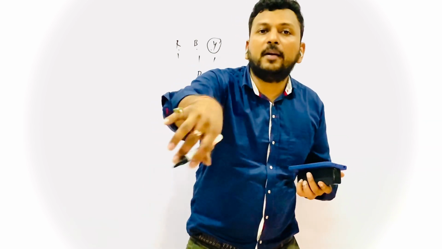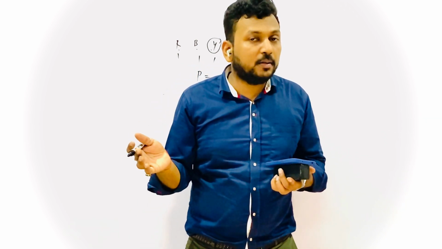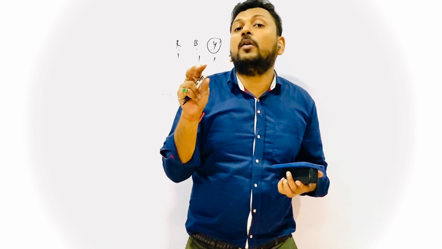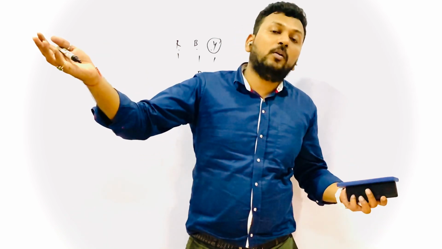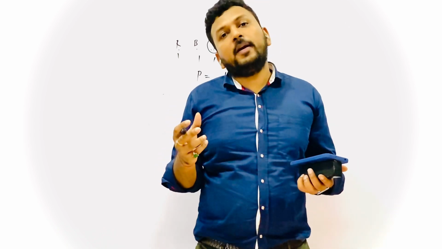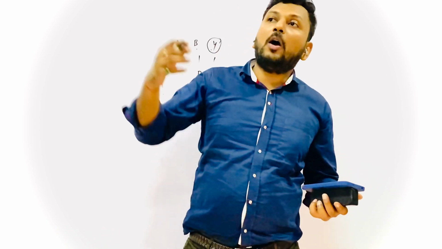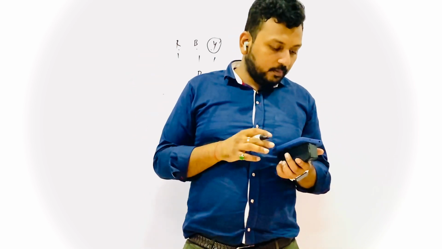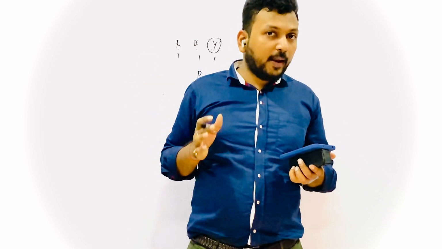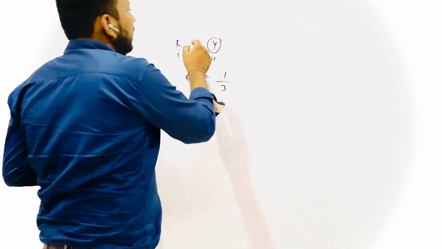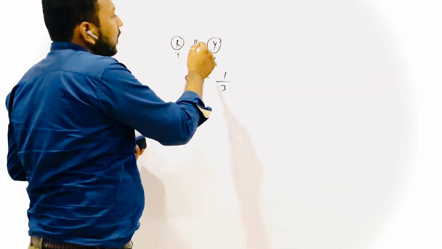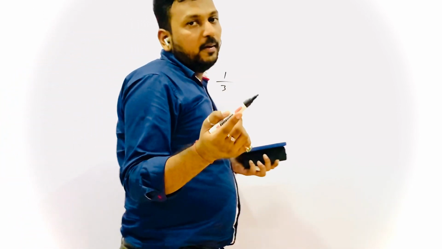Suppose there are 100 balls and all of different colors. If I take a ball, the probability of getting yellow will be diminished, right? It will be so less, because getting yellow from so many balls of different colors is not easy. So probability depends upon what we want and from how many things. Again I am talking about unbiased cases only. What is the probability of getting red ball? Again same, the favorable outcome is red, total is 3. Getting a blue ball, favorable outcome is 1 and total are 3. So again the answer will be 1 by 3 in all the cases.